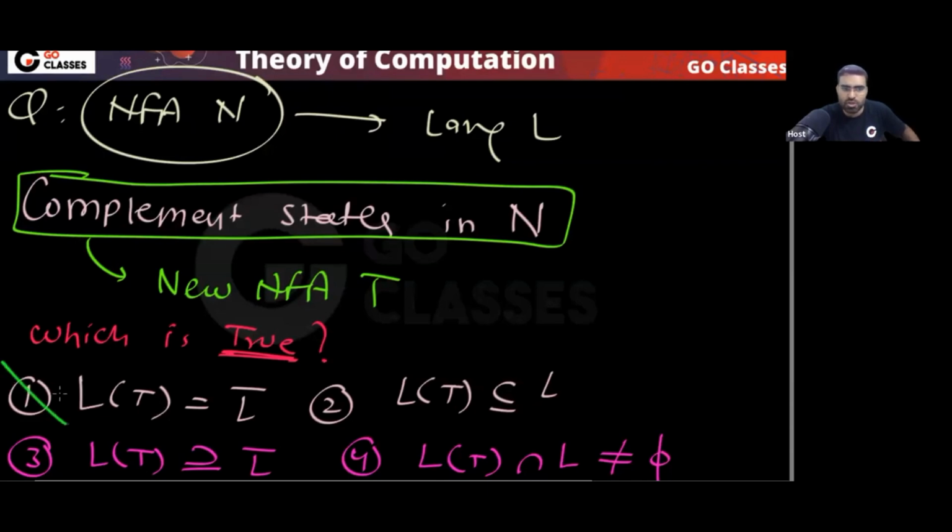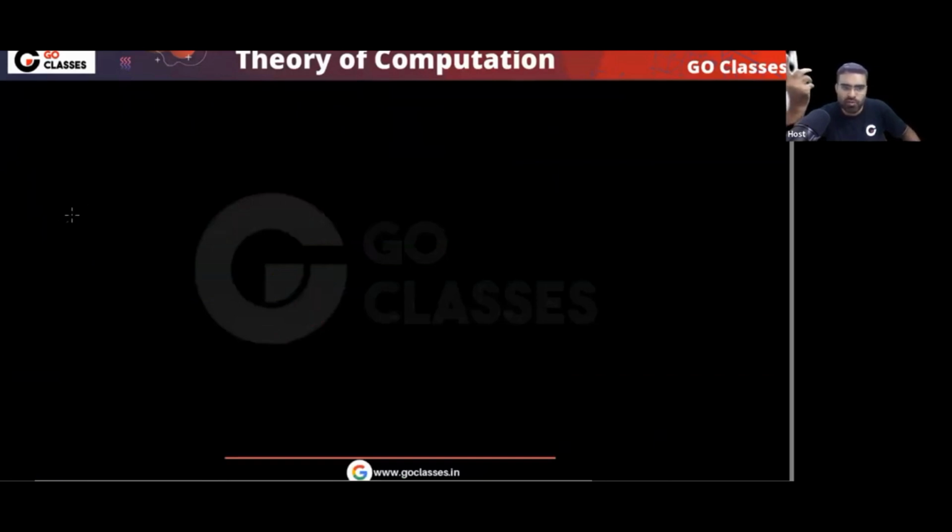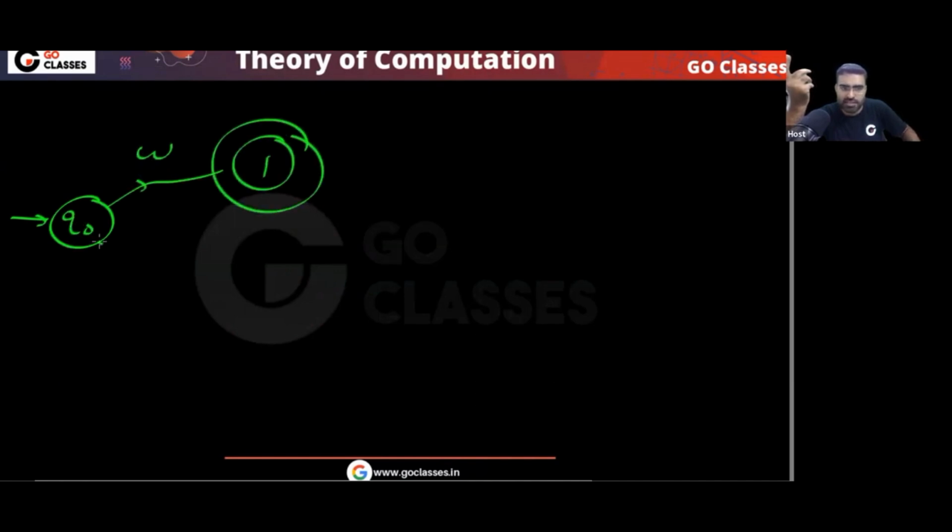None of the options is definitely true. Because remember this always: in NFA, if you are accepting, for example, W, you are accepting like this. On W, you are going. Now you can notice if you complement the states,